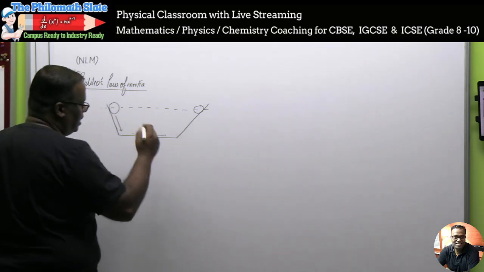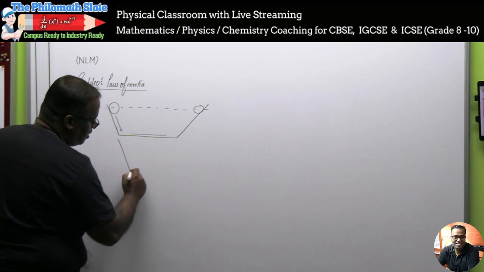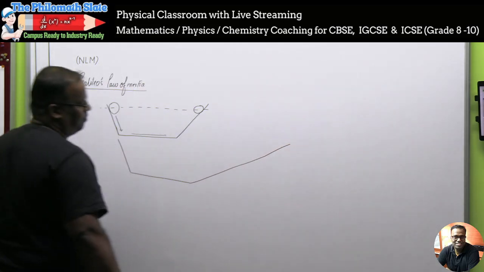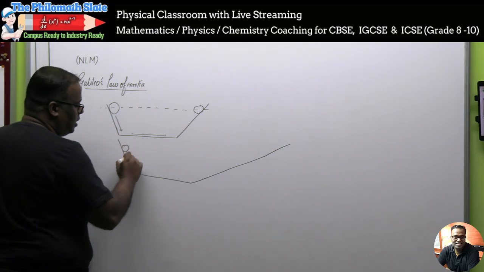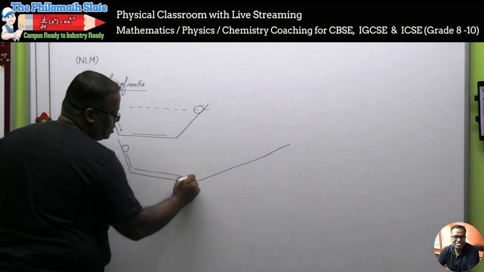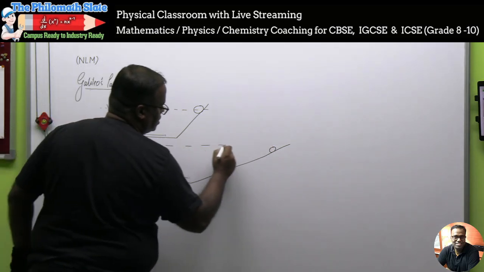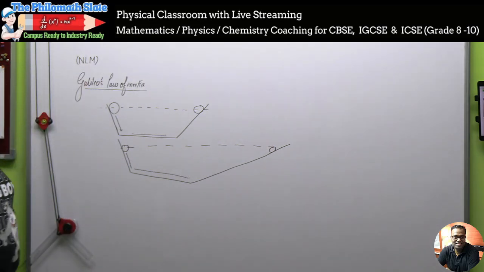In the next experiment, what he did, he took the same thing, ऐसा ही, और थोड़ा और फ्लैट कर दिया, ऐसे करके फ्लैट कर दिया, and he released it from this height, and he found the ball goes this way and again climbs to a position where the height is exactly the same, ठीक है।